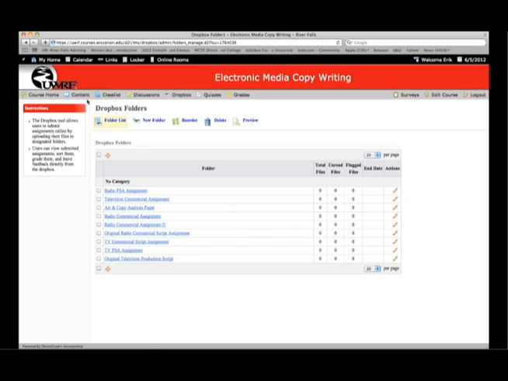Now, just to be clear, all the assignments are due on the due date, and the way that the course is set up is very time sensitive, so you do need to keep on top of the discussions, which change on a regular basis, as well as the quizzes and the assignments.